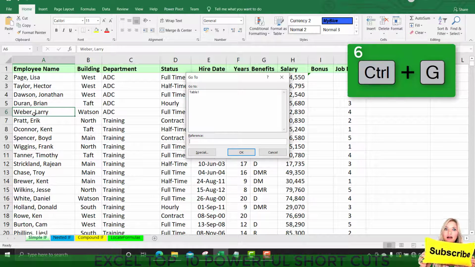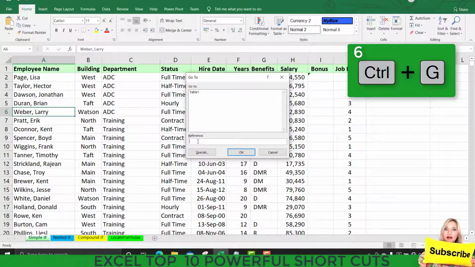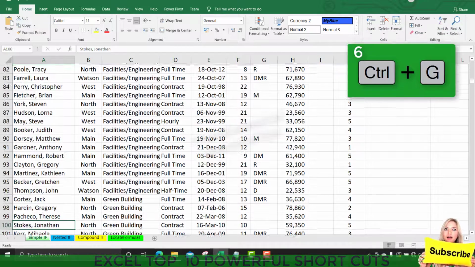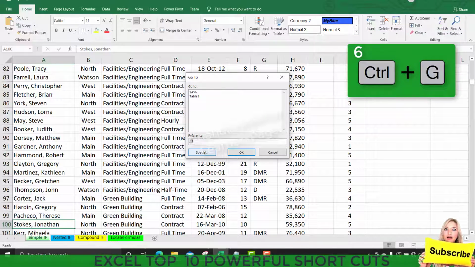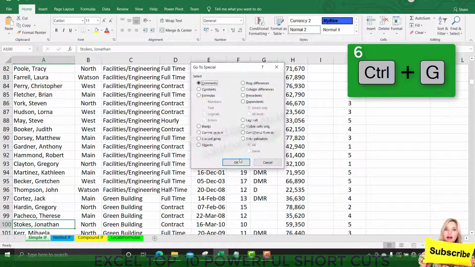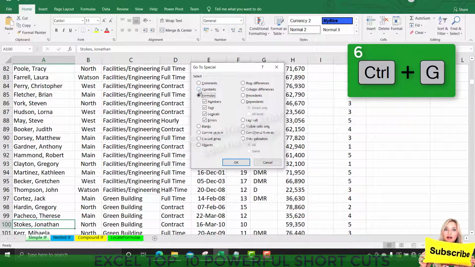Next one is Control G. Control G is like a go to a particular address. If we press Control G, we can directly jump from one cell to another cell. Suppose the data is at A1 and I want to jump to A100, and if I give the cell reference A100, it will jump to A100.